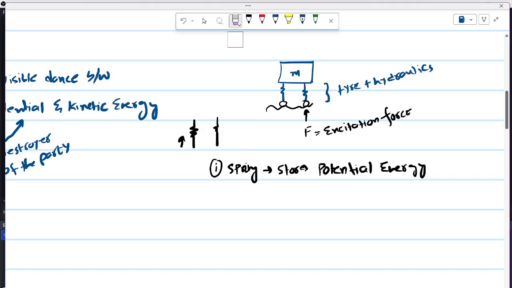So going back to our car model, once the excitation force, because of the uneven road, acts on the car, the spring, which is a combination of tire and hydraulics, absorbs that potential energy. And as soon as that force is removed, let's say now the road is even, that spring releases that energy. This is what the spring does: if you apply force, it will be compressed, and as soon as you remove the force, it will release that energy. So that potential energy will be converted into kinetic energy,